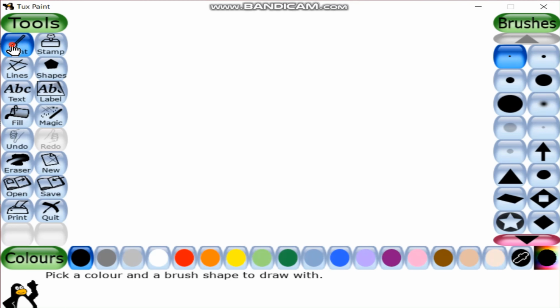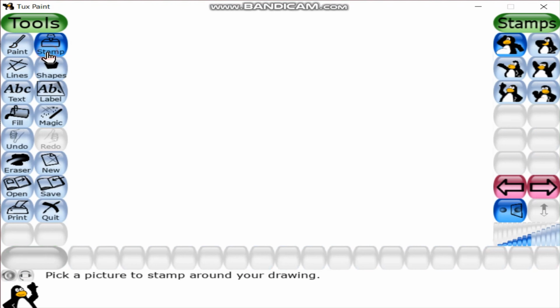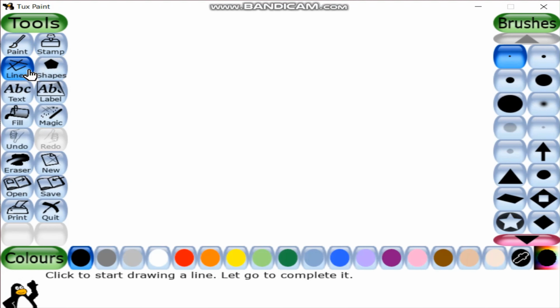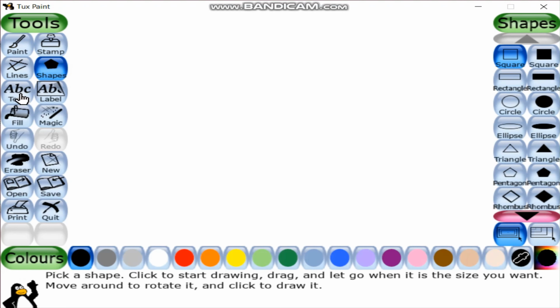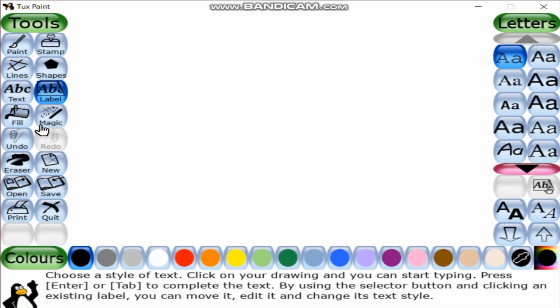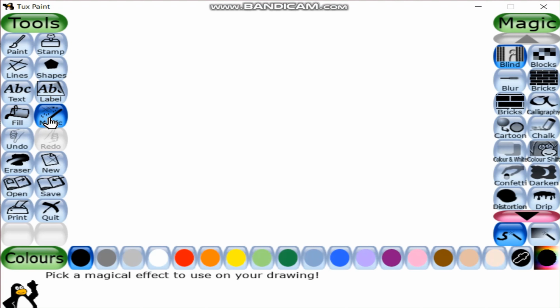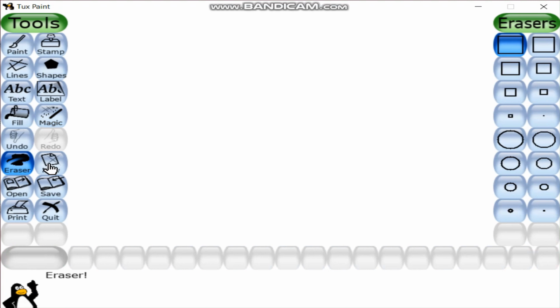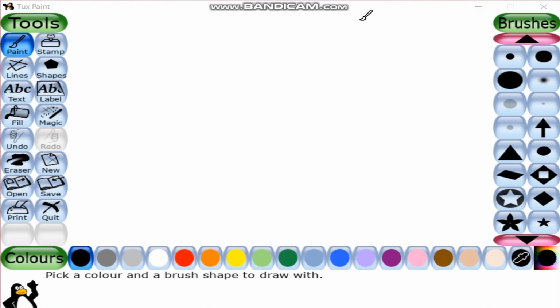It has paintbrush tool, stamp tool, lines, shapes, text, label, fill, magic tool, undo, redo, eraser, new, open, save, print and quit options. The middle drawing canvas is the largest part of the main screen.